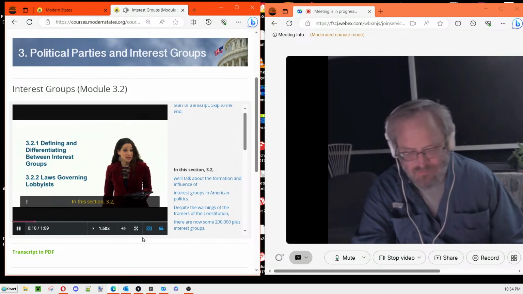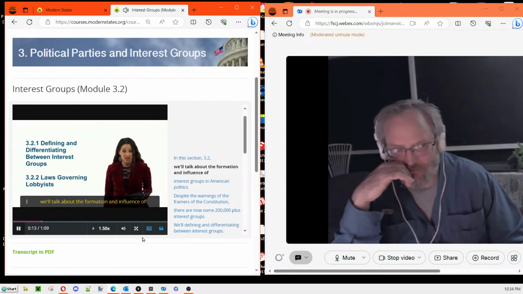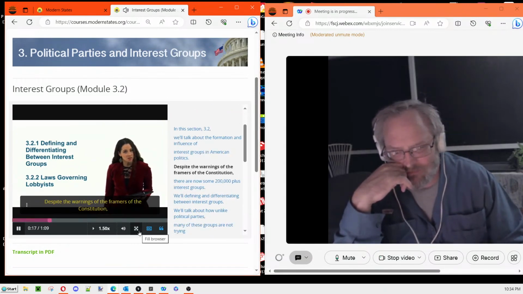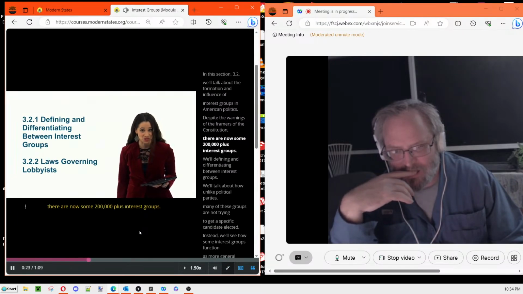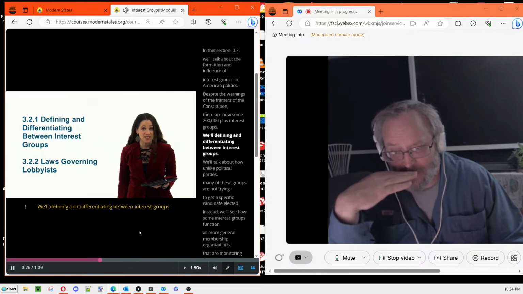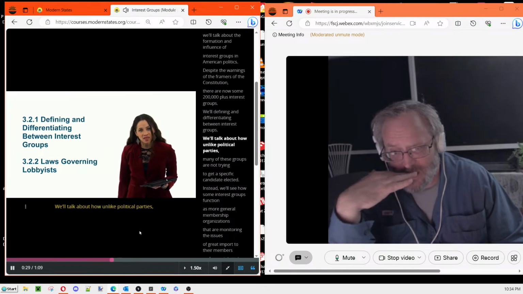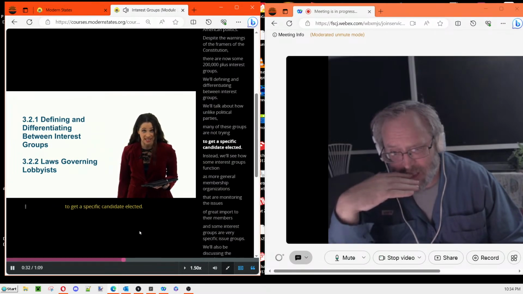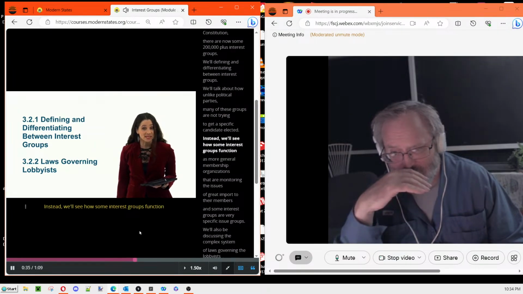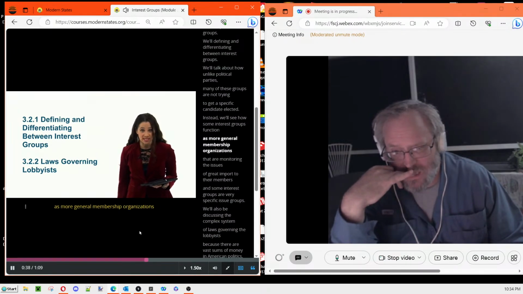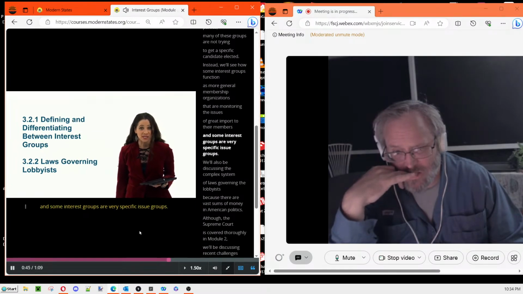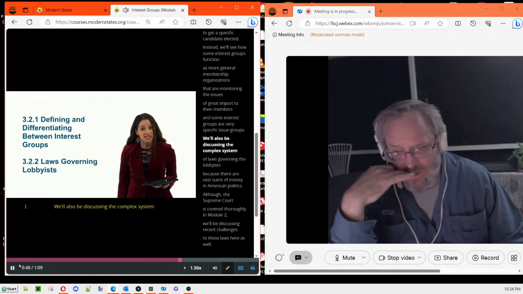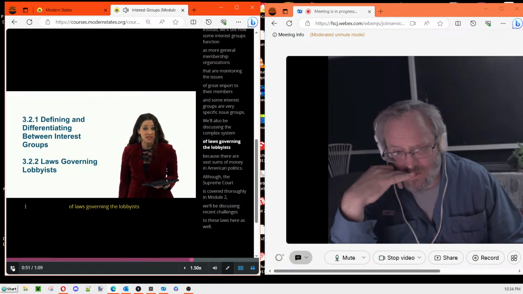In this section, 3.2, we'll talk about the formation and influence of interest groups in American politics. Despite the warnings of the framers of the Constitution, there are now some 200,000 plus interest groups. We'll be defining and differentiating between interest groups. We'll talk about how, unlike political parties, many of these groups are not trying to get a specific candidate elected. Instead, we'll see how some interest groups function as more general membership organizations that are monitoring the issues of great import to their members, and some interest groups are very specific issue groups. We'll also be discussing the complex system of laws governing lobbyists, because there are vast